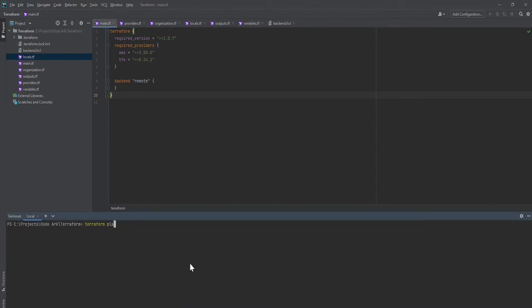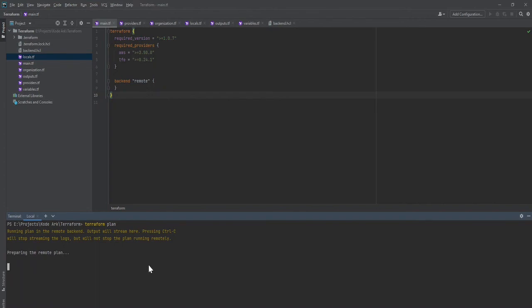I'll run the terraform plan with the TF workspace set to where it is going to run. I'm going to give the workspace name as management. Now I'm going to run the Terraform command to see what changes we have, and this plan will run against the remote workspace.